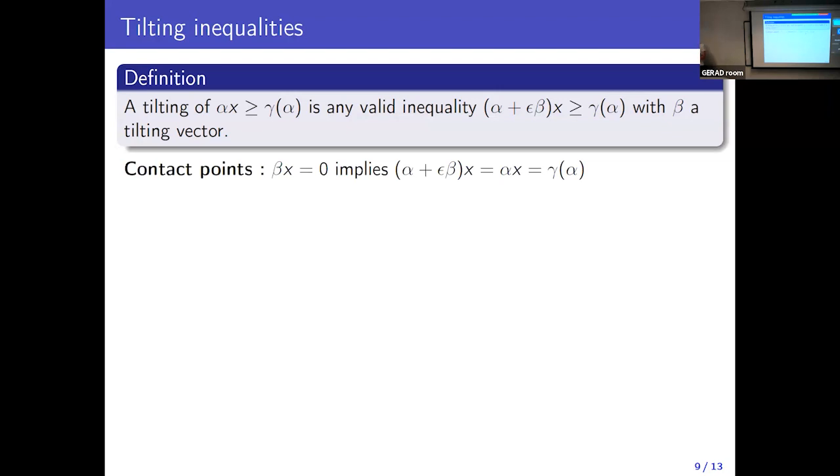Because if you have a contact point, which means that it satisfies alpha x equals gamma alpha, it also means, by definition of the tilting vector, that beta x equals 0. Then, if you look at this, you also get an equality to gamma alpha, and this means that it's also a contact point of the inequality. So a tilting of an inequality is kind of a rotation of this inequality around its